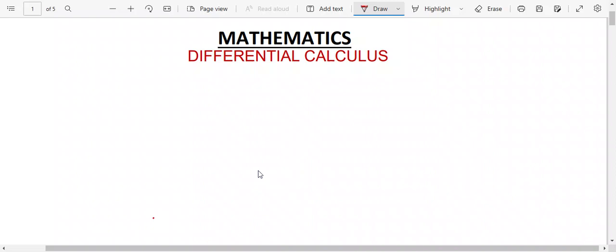All right, so differential calculus. Now, firstly, you need to know the rules of differentiation. Just those simple rules of differentiation. Starting first, let me mention the sum and difference rule,